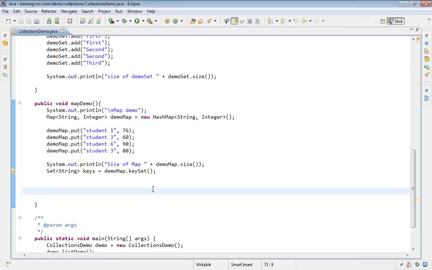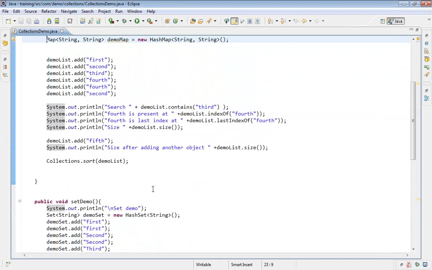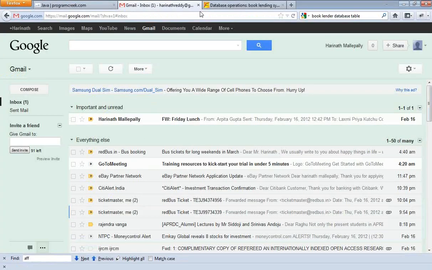To start with, yesterday we started with the introduction to collections objects and Java collections. Primarily, we are focusing on list, then set, and then map. So we looked at how we create a list object, a set object, and a map object. Primarily list, the hierarchy is that list and set extend from, let me open,